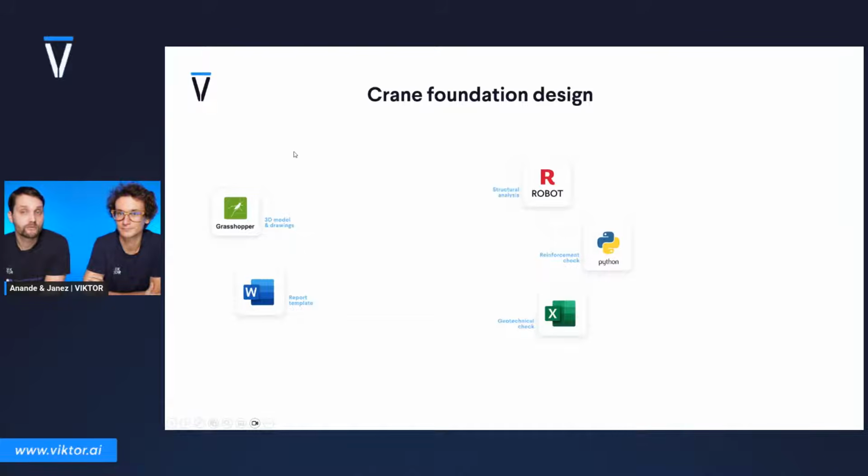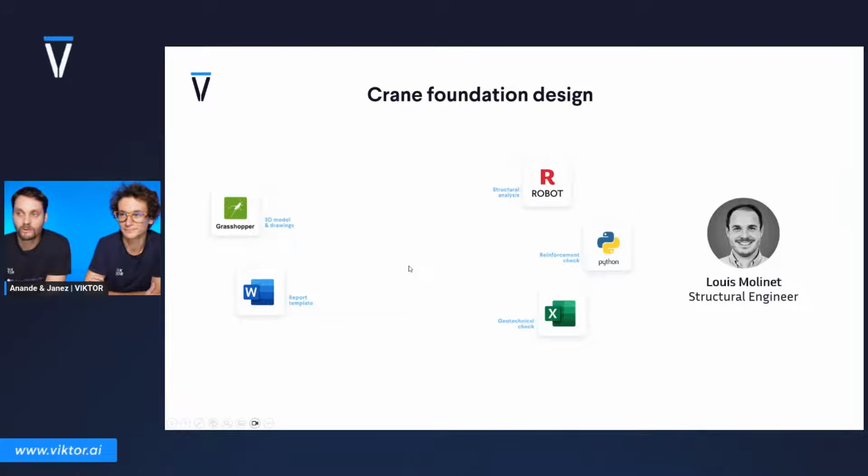There's a modeler who had a parametric Grasshopper tool to create the 3D model and the drawings. And the structural engineer also had the responsibility to make a full structural report that needed to be sent to the authorities to get the project approved, and also, of course, for internal verification. And you know how it goes. So everyone has their own tool, and communication between the different persons and different software goes manually via email, or just standing at the coffee machine,